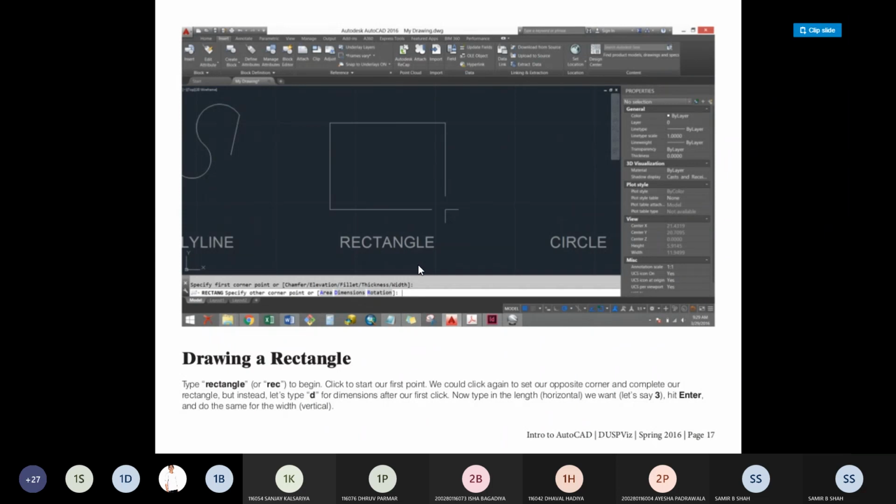Either I can type RECTANGLE, or click on the menu bar and select the rectangle, or I just mention REC to begin drawing the rectangle. As I explained initially, only from the mouse we can easily draw the rectangle. Click to start our first point. We click again to set our opposite corner and complete our rectangle.